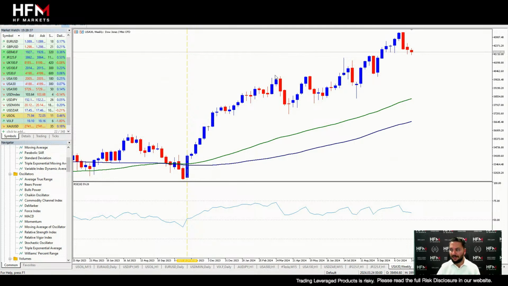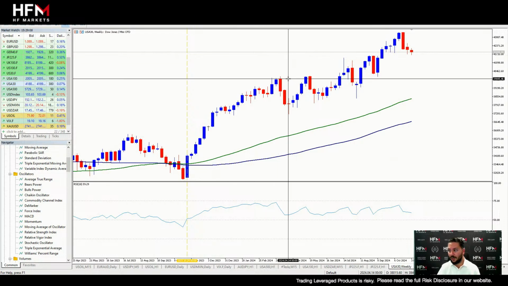Now, what you will notice is every time we get 3 weeks of a decline, I would even consider this as 3 weeks of a decline. It's 2 weeks of sideways price movement, and then a decline again. But again, I would say that's 3 weeks of a decline in my books. What happens? Very simply, 3 weeks of a decline, upward price movement, 3 weeks of a decline, upward price movement, 3 weeks of a decline, upward price movement. There's never been a decline for more than 3 weeks.